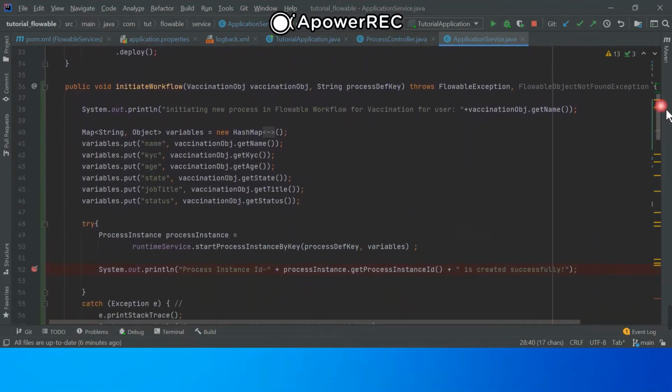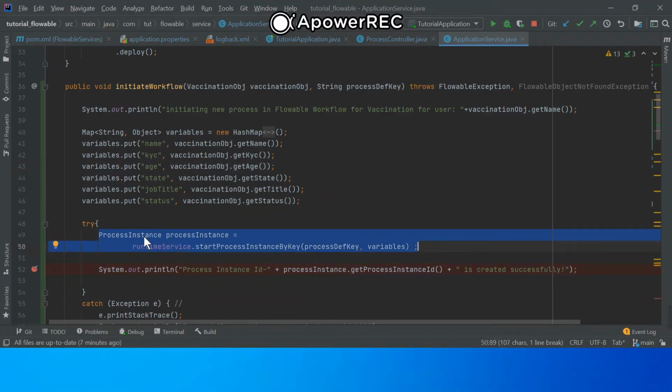Coming back to initiate workflow, here we have some sysout. After that, we are creating a map of string and objects, which reads one by one all the variables we are passing, like name, KYC and age and other things. Whatever variables we have, we put into this map, and after that we have this method for creating a new instance.